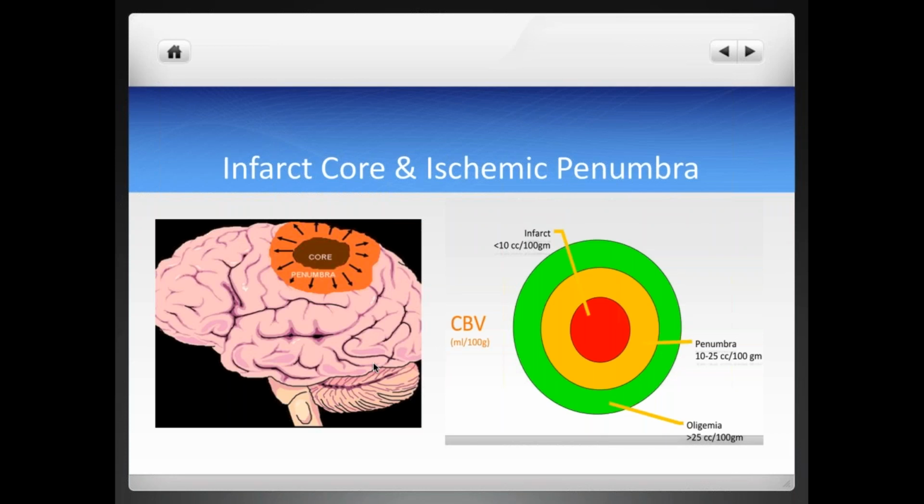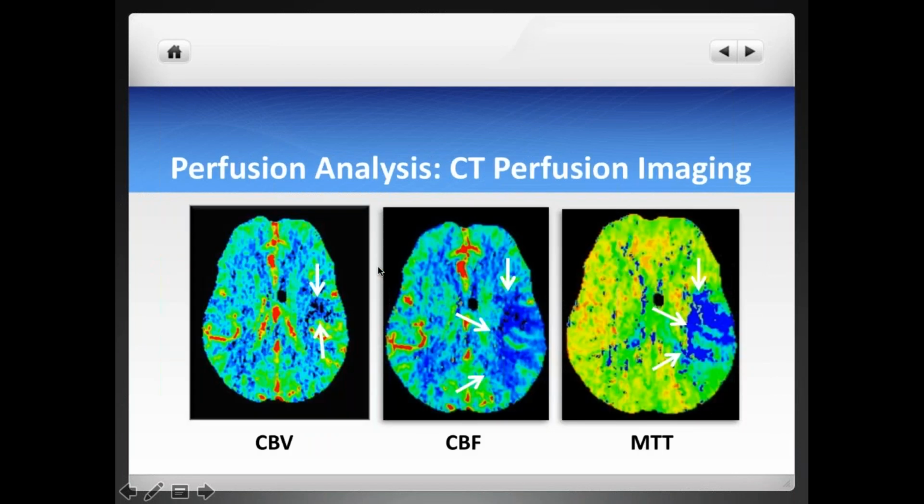And as I said, going back to that first cartoon that I showed, I think perfusion is the closest tool that we have to directly image the core of the infarct and the penumbra of the infarct. And here we have a typical CT perfusion image with the different maps. Here, cerebral blood volume typically refers to the area of the core of the infarct, and then you have cerebral blood flow and the mean transit time, which typically refer to the area of oligemia or decreased perfusion, but with tissue that is still salvageable.